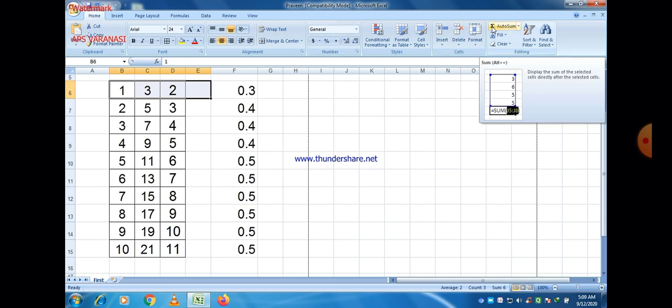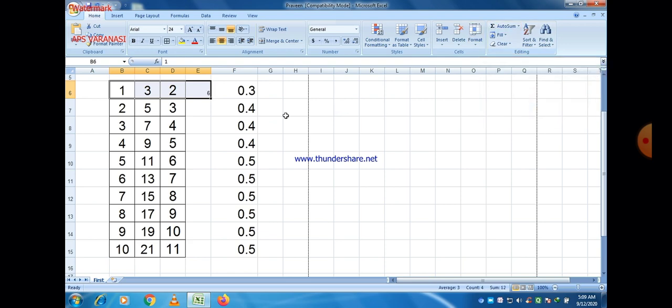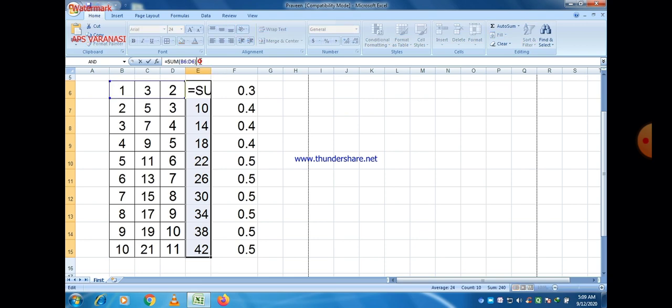And there is another option, auto sum. Just select the series or row and then press the auto sum option. You are able to sum all the numbers which you select and just drag it. Actually it is a built-in function, and auto sum is basically a shortcut for that. And if you want to see the formula here, the formula is also there.